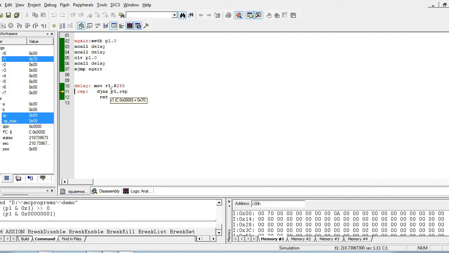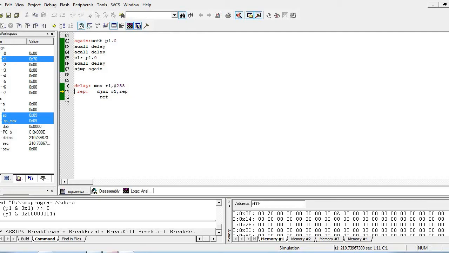In the next we'll see some other program which uses the subroutine not for generating the delay but to do a frequent task.